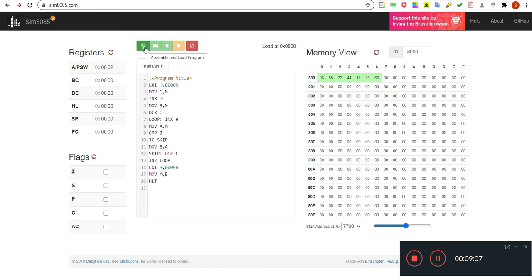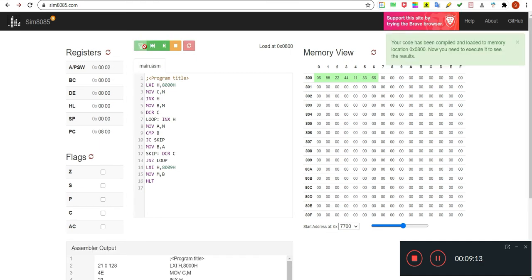After that, what you have to do? You have to click on assemble and load program. Then run one instruction. Here you can see LXI H, 8000H.